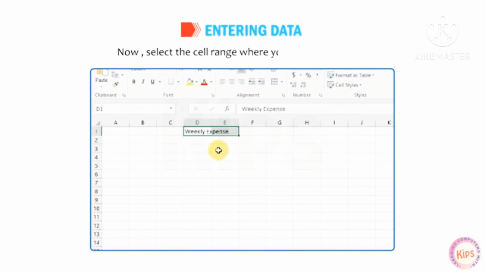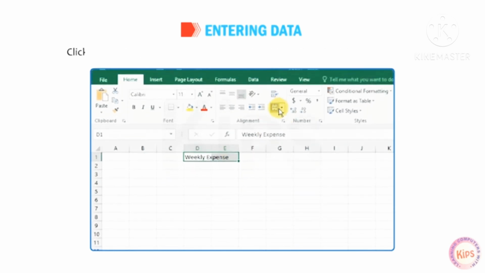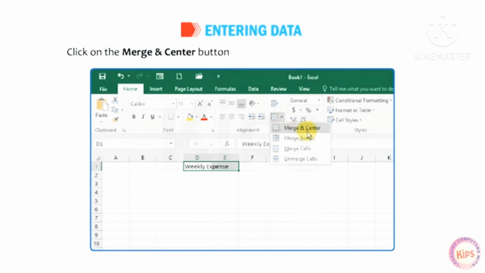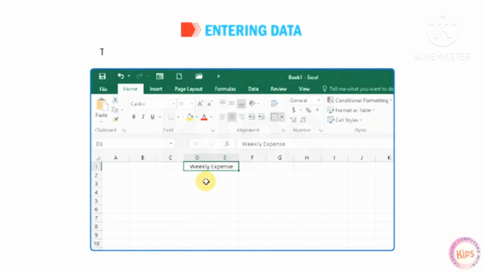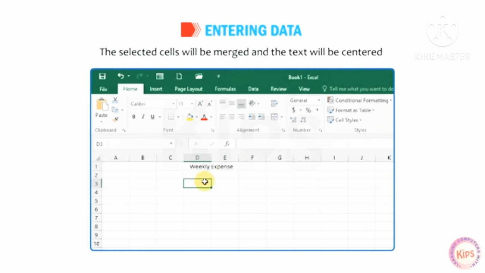Now select the cell range where you entered the text. Click on the Merge and Center button in the Alignment group on the Home tab. The selected cells will be merged and the text will be centered.